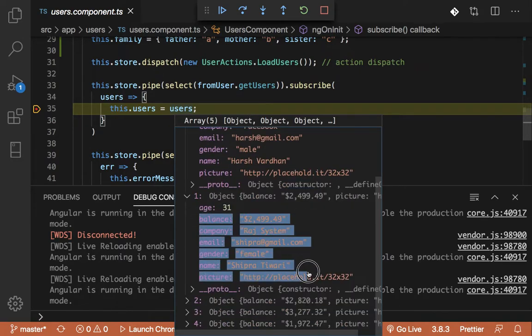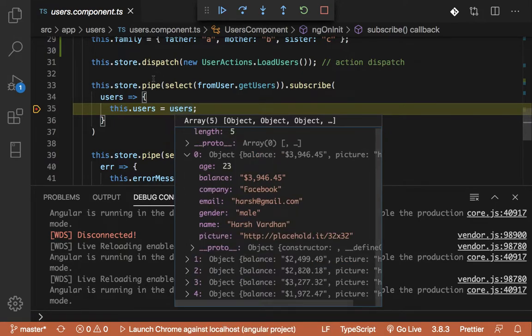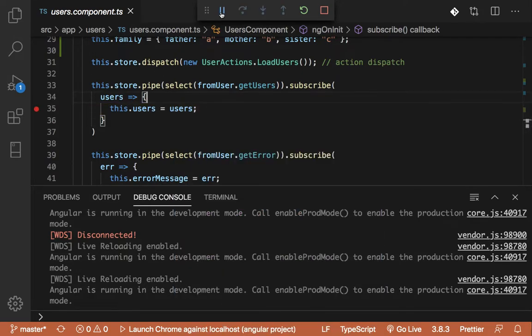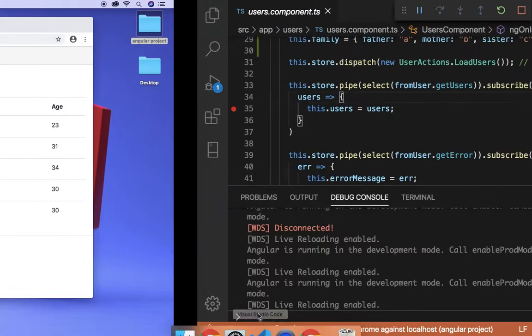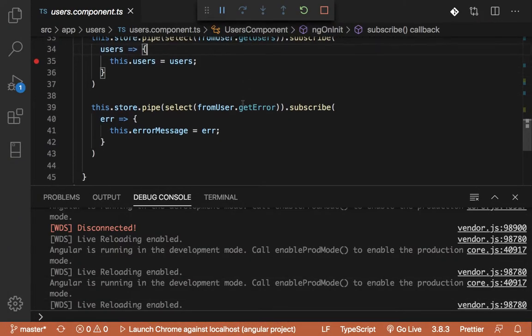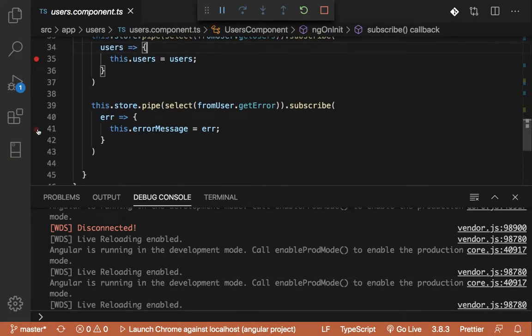So guys, this is how you can debug the code. It's very easy. And then I'm just clicking on Continue again. So you can see the list of the users is coming in the browser. So this is how we debug the code in Visual Studio Code. You can put a breakpoint anywhere. Let's say if you want to put it on line number 40, 41, 39,